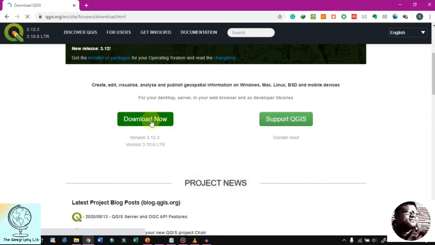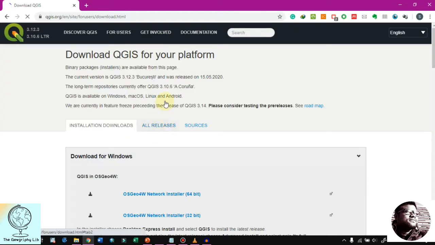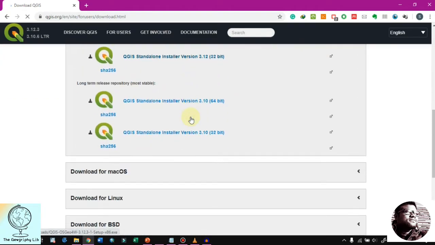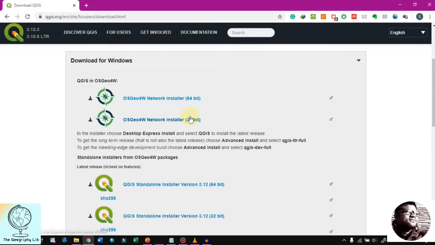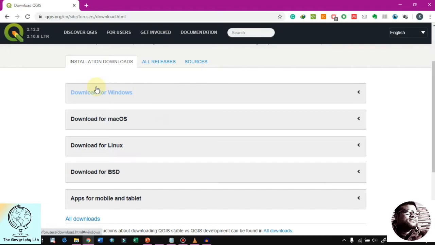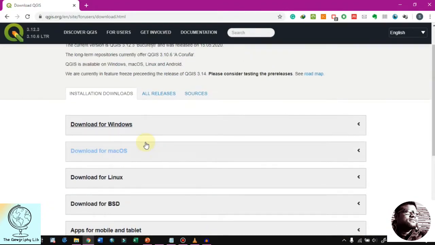You have to click this download now button, and if we go to the download now button, then here you will find a different type of download option for the different platforms and operating systems: Windows, Mac, Linux, and even for apps or tablets.